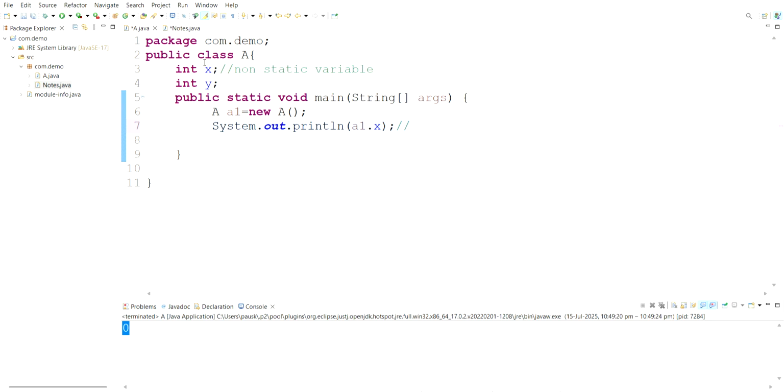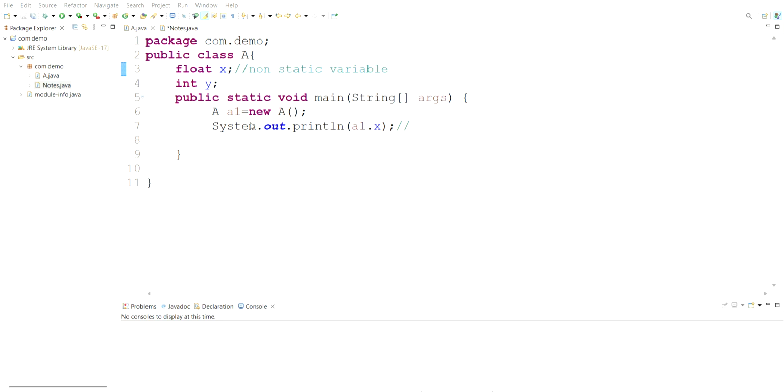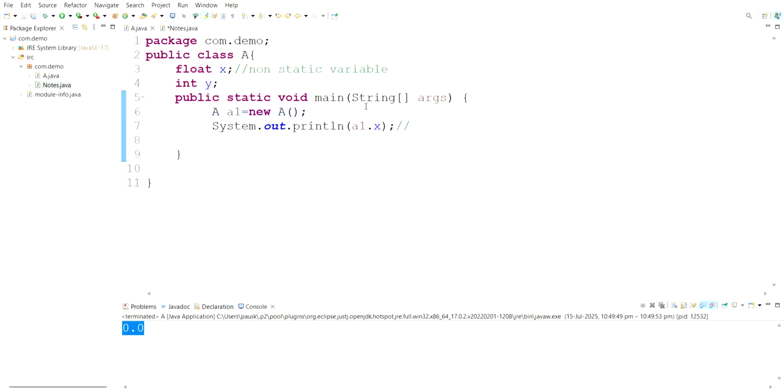What if we make it a float, float x? As you can see now, the default value is 0.0. Okay, perfect. Next,